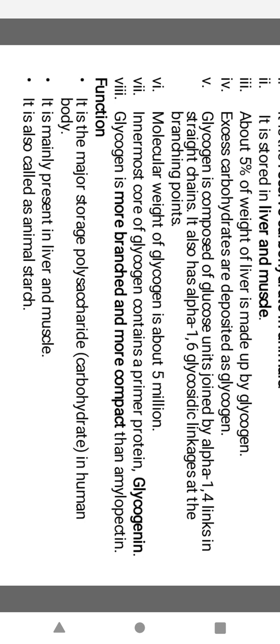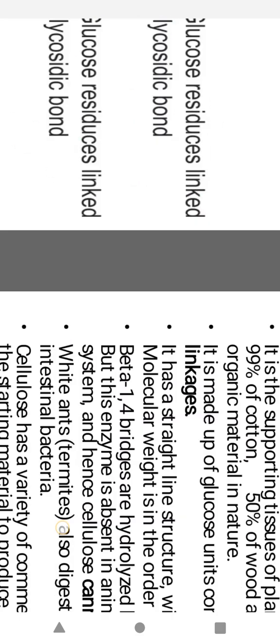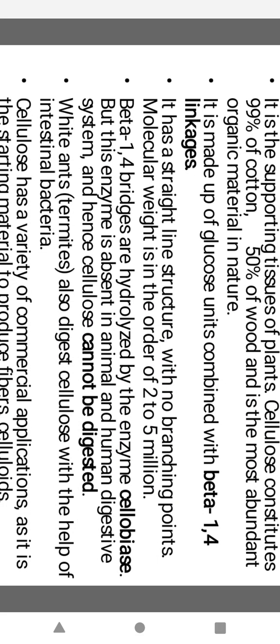It is also called animal starch, and it is utilized during fasting time by the process of glycogenolysis. It is synthesized inside our body by the pathway of glycogenesis. And this is the structure of glycogen. Next we see about